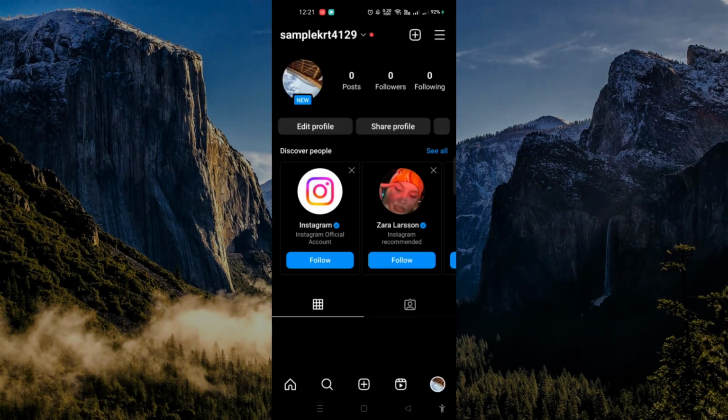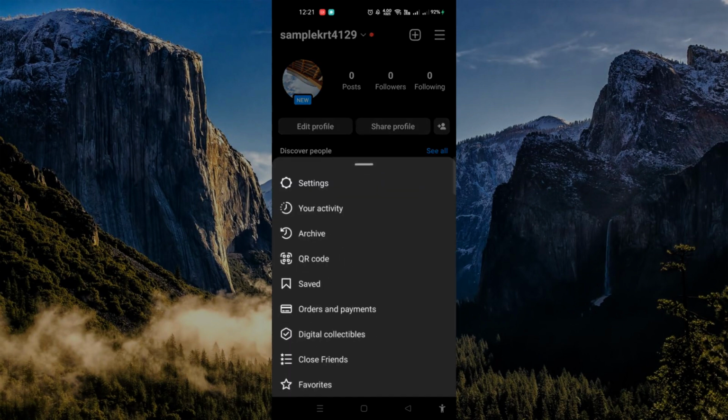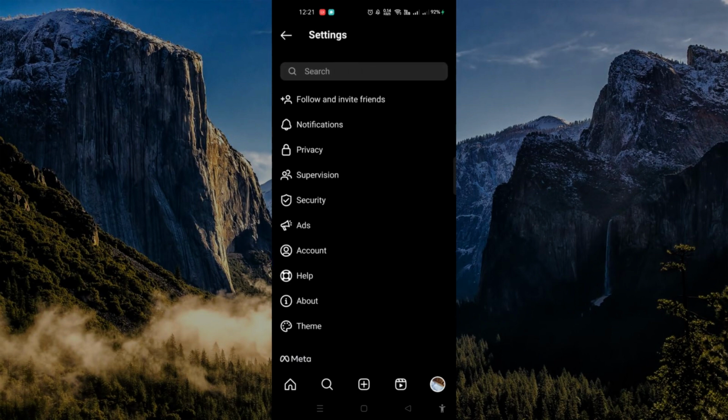First, you need to go to your profile. When you click on profile, go to menu, that's the three bars on the top right, and then go to settings. When you go to settings, it routes you to a page where you need to click on privacy. Once you hit on privacy,